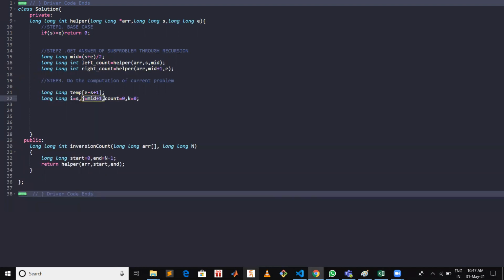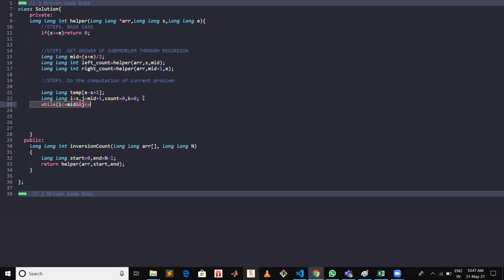J is initially placed at index mid plus 1, and it will iterate from mid plus 1 to the end index for the second half. We are keeping a count to get the number of inversions while merging the left and right parts, and this k is basically the index for our temporary array in which we will be copying our elements after merging them.